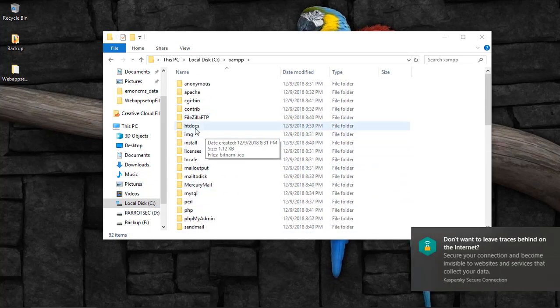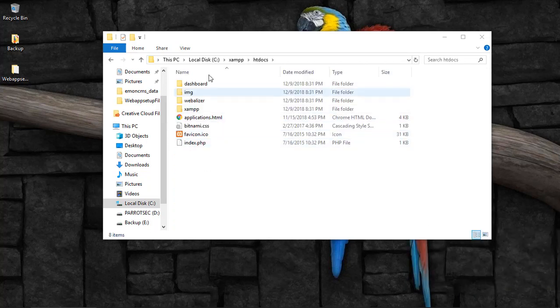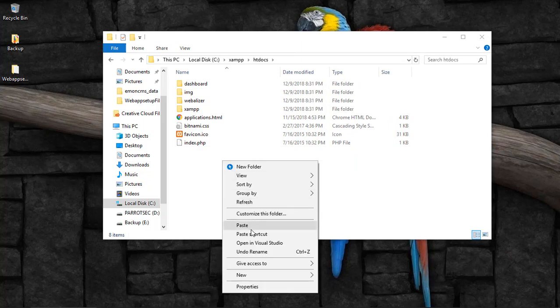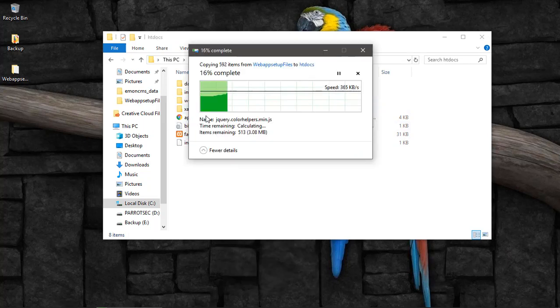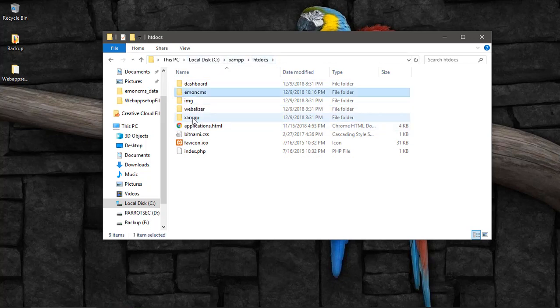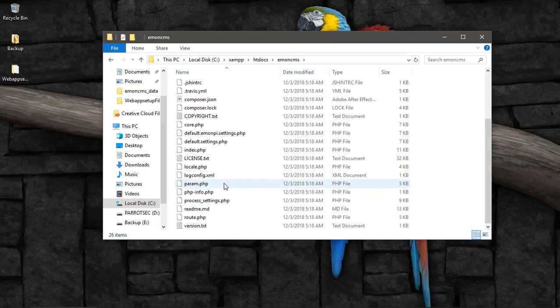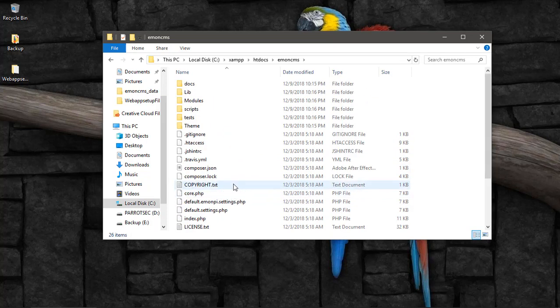and XAMPP allows you to host a website in the htdocs folder here. Copy EMONCMS and paste it here in htdocs. And now, you have to configure something in order for the website to run. Now, before configuring